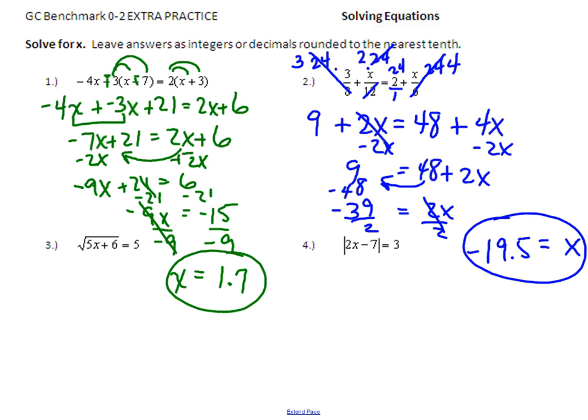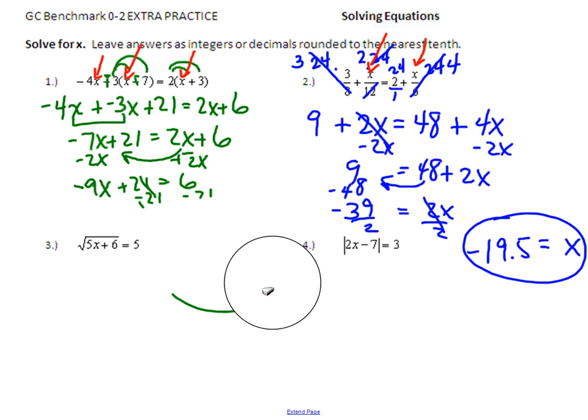You know, you might want to check these answers as you get them. If I take that 1.7 and plug it in for x up here, if you have time, plug them in all those spots and see if it balances out. It's a rounded answer, so it's going to be close but not exact. And the 19.5 should be exact. So if you put in the 19.5 for the x's here and here, that should be a balanced equation too. I need a little space. So I'm just going to get rid of this stuff here